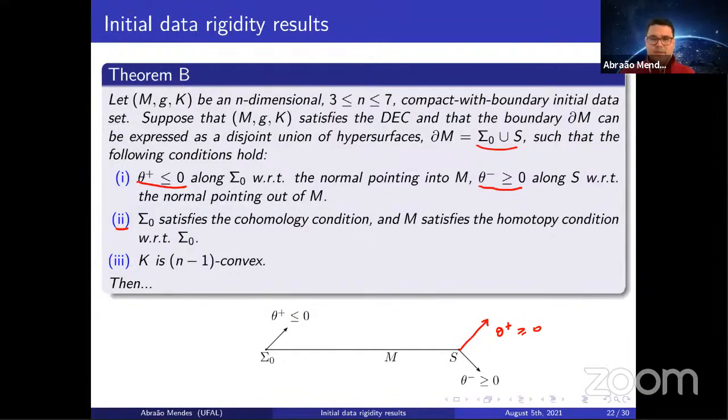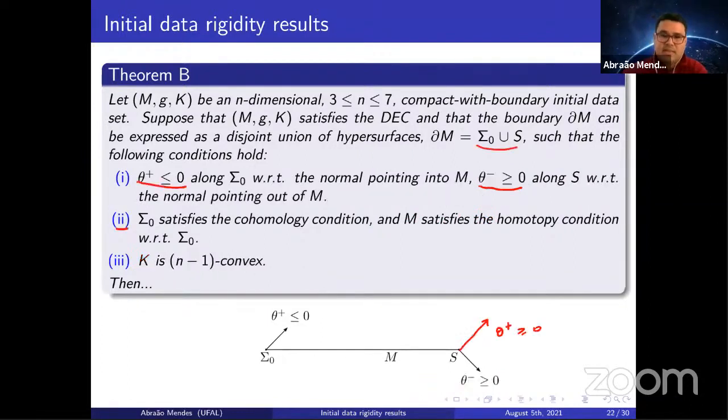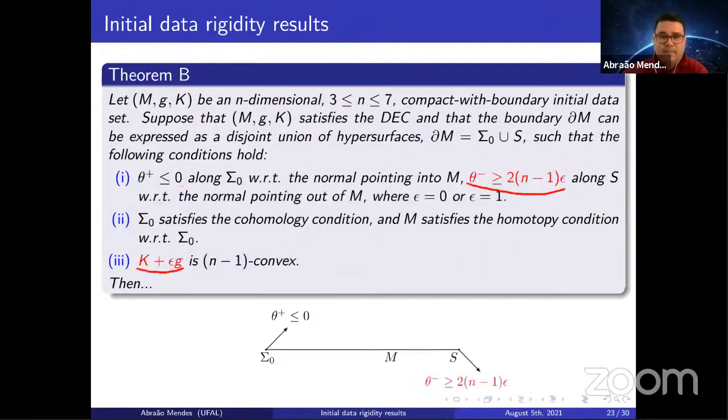But to prove two results at once, let me make this hypothesis here. So the other ones are all the same, but this one here is the only difference. So theta minus is not less than 2 times n minus 1 times epsilon, where epsilon equals 0 or 1, okay? And K plus epsilon g is n minus 1 convex. Observe that epsilon equals 0 is exactly this theorem, okay? Then